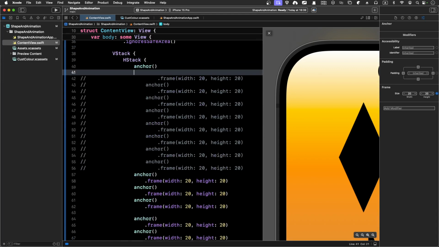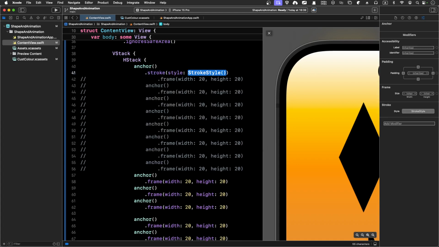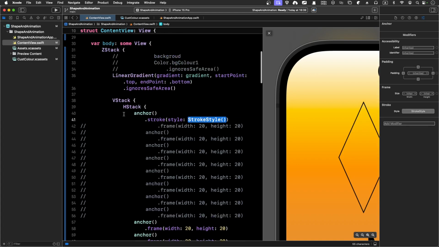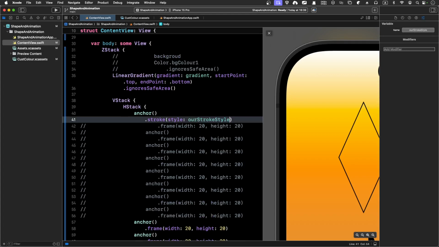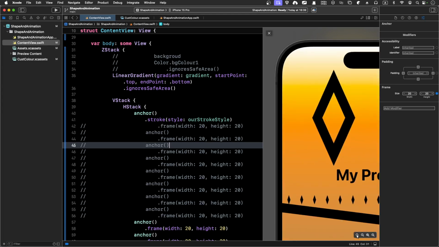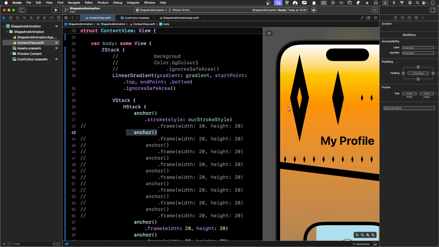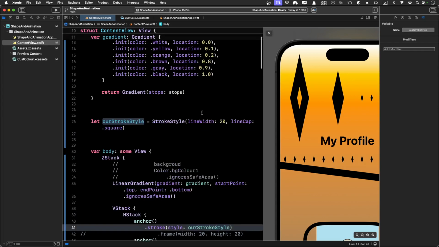So anchor dot stroke style, passing our stroke style. I think it's called our stroke style. Okay, so you guys can see the changes. Okay, we got a customized stroke style, and you can compare, say, without passing our stroke style. So let me just uncomment this anchor, as you guys can see the difference. Okay, and our stroke style, we can continue to